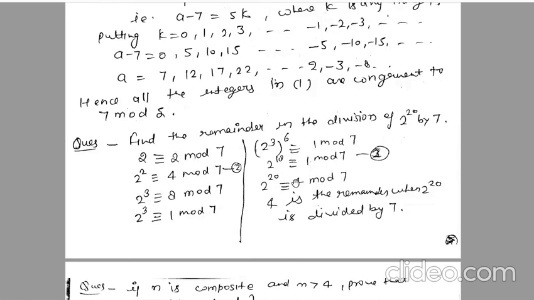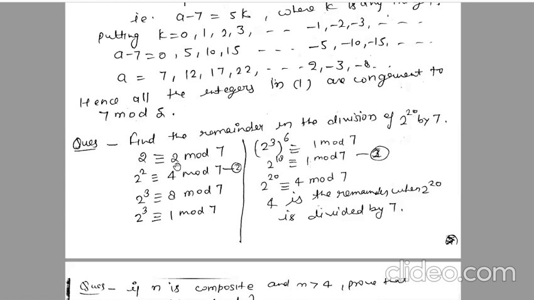So first you need to write your equation in the congruent form. So you will write 2 is congruent to 2 modulo 7. Here both numbers A and B are 2. So 2 is congruent to 2 modulo 7. So we need to calculate 2 to the power 20. For 2 to the power 20, we will increase the power of 2 here.